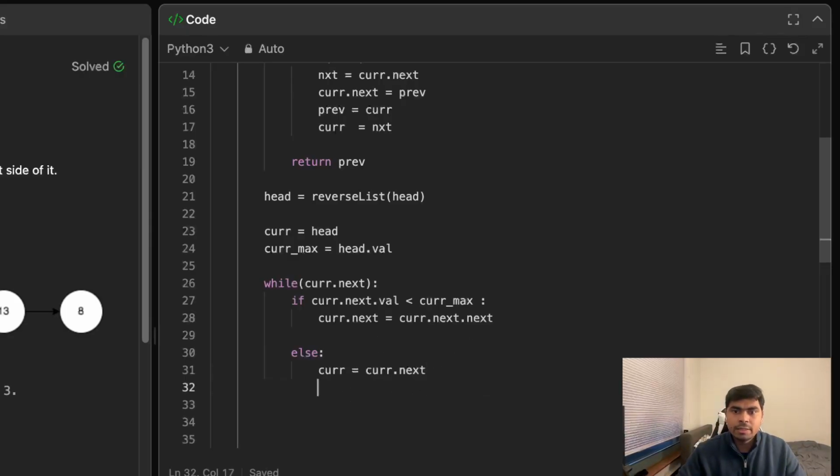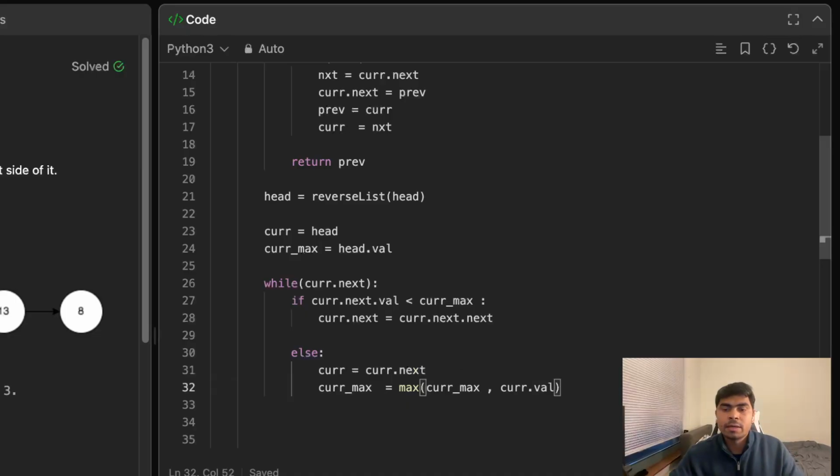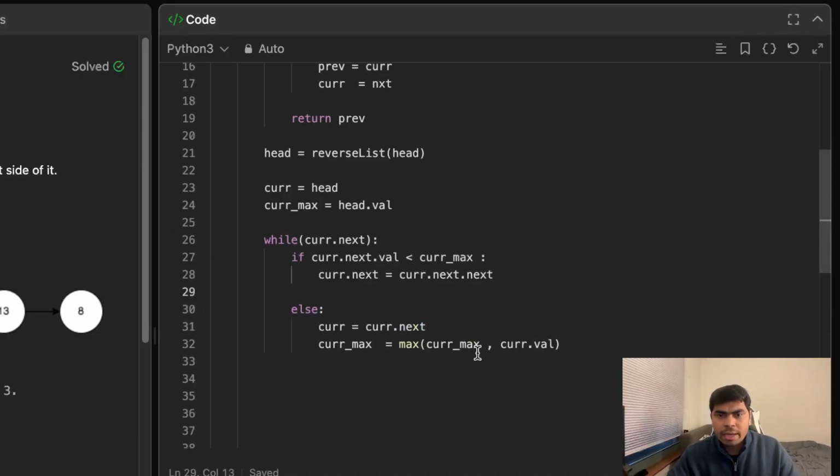Yes, I have to update in this scenario. Here I don't have to, because that next value was already smaller than the current max. So I skipped that. I don't have to update my current max there, but I have to update it over here. Current max equals maximum of current max, comma, cur.value, because I've already moved to cur.next. All right, and then finally I am at a point where I have the list, but it's reversed. So I'm gonna just return